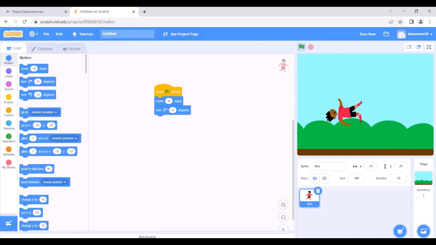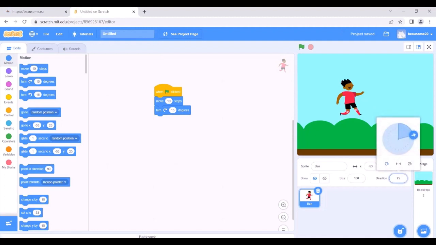So in that case, our sprite depends on the move that we add here, depends on the degrees that we put here, and depends on the direction of these arrows here. So if I have this arrow, my sprite will move in a circle. If I have this arrow here, my sprite will move left or right. Okay, so I will choose this arrow for now.